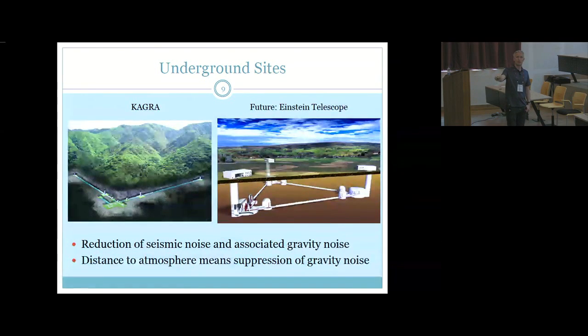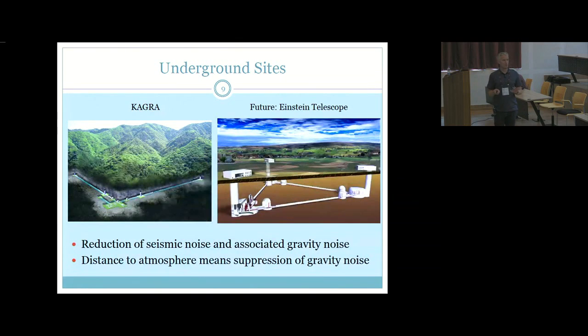For underground sites, okay, we have KAGRA already. Then in the future for the Einstein Telescope, we foresee an underground construction. Obviously, the main motivation is really because of the gravity noise, to have a detector underground. And there's a reduction of seismic Newtonian noise because it is the dominant contribution, not only at Advanced LIGO, but also at most other sites in the world. The dominant contribution at a surface detector is from surface seismic waves. And that contribution gets suppressed when you go underground.